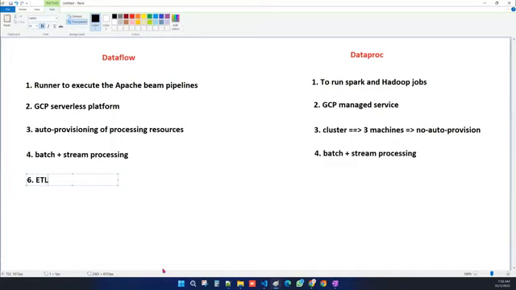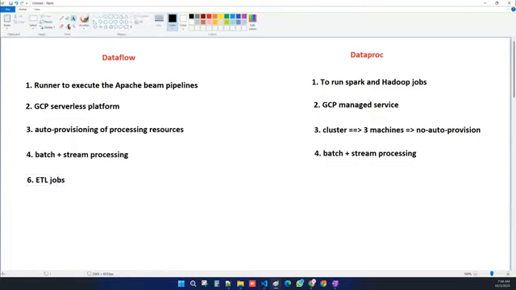So you can run ETL jobs here. Here also you can run the ETL jobs. No, it's the fifth point, sorry, we're going to be dragging it down. Oh, Control Y. I'm going to drag it down. So the fifth point can be